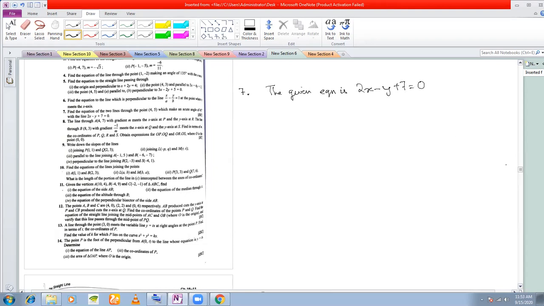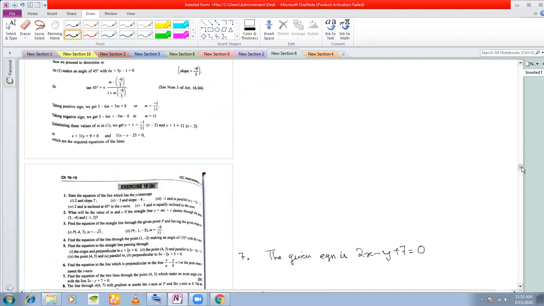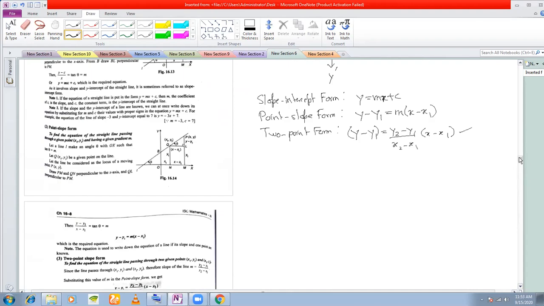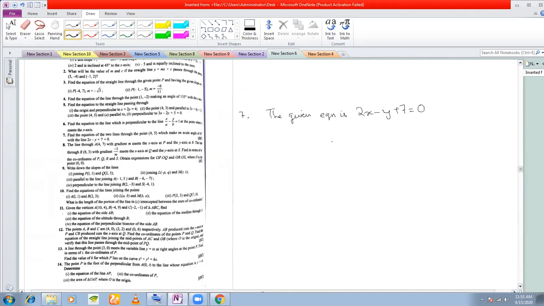Now, before proceeding with this problem, let me tell you one more thing, in fact, a shortcut. If I give you the equation of a straight line, say this one, how will you find out the slope of this line? Back in class 10, what you were doing was writing it in the form y is equal to mx plus c, like this: y is equal to 2x plus 7. And then you get the slope as 2 and the y-intercept as 7.